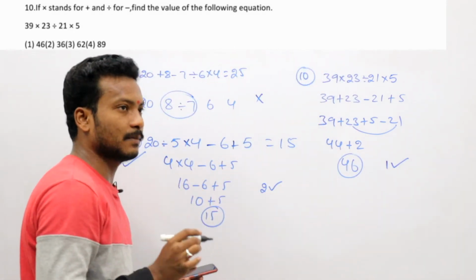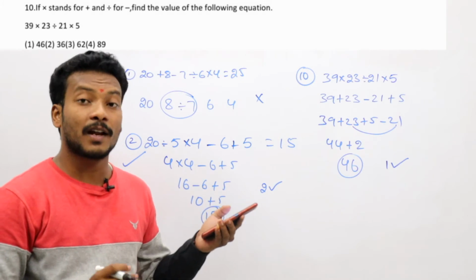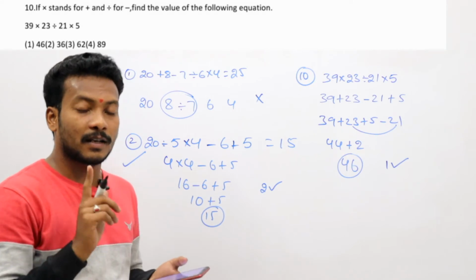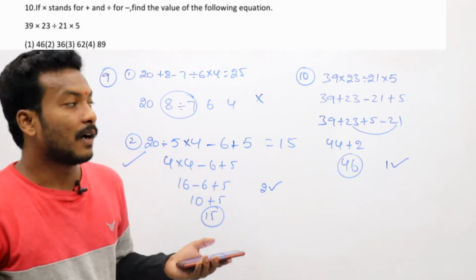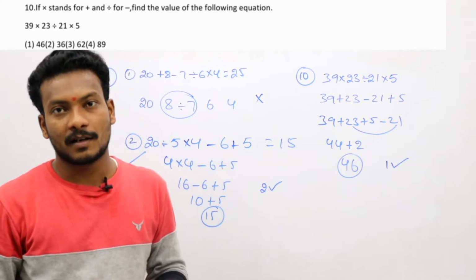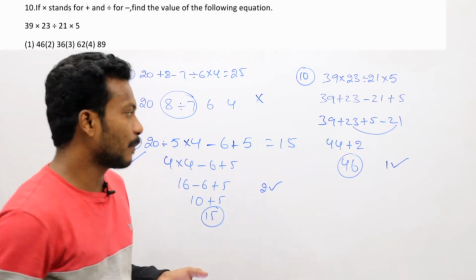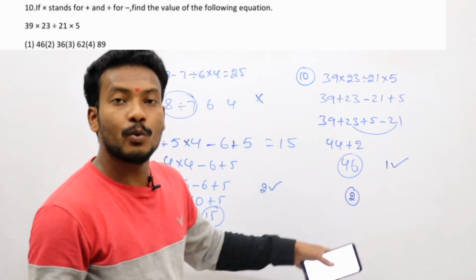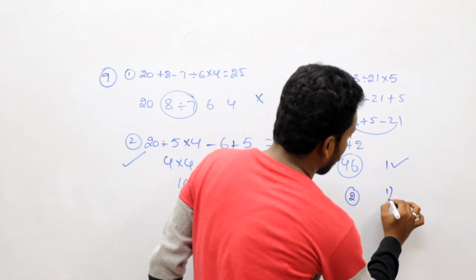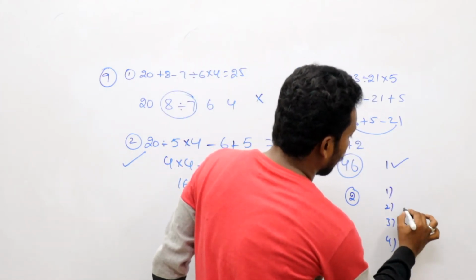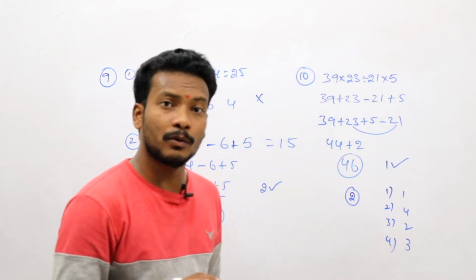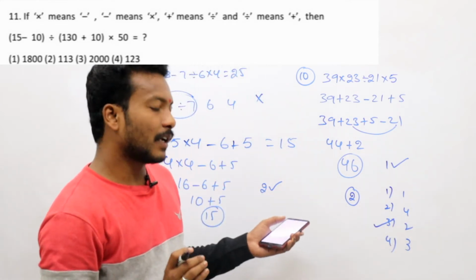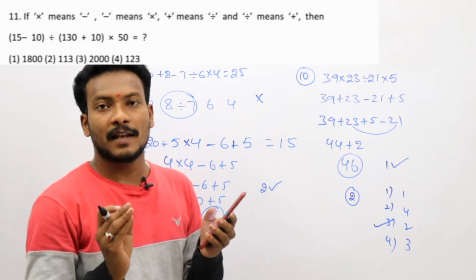We have an answer of 46, and 46 is there in the first option. We have to tick the option where the number is. Don't get confused. After calculating all these, if you get a wrong answer, you cannot choose the correct option. For suppose you got 2 as the answer, but 2 is in the third option. Like that, first option, second option, third option, fourth option, the answers are there. We have to tick 3 here.